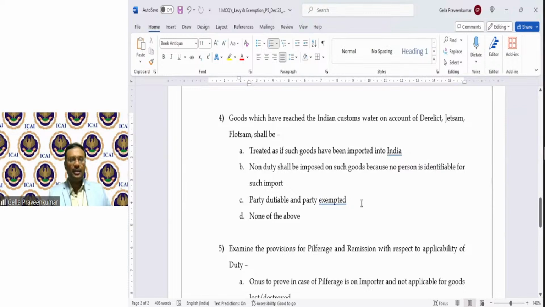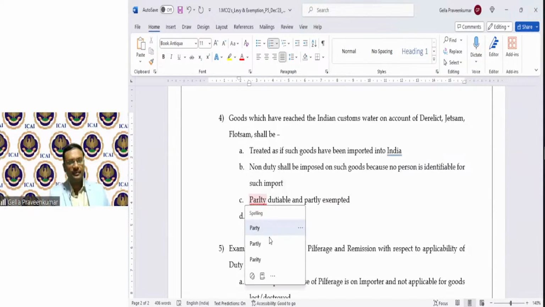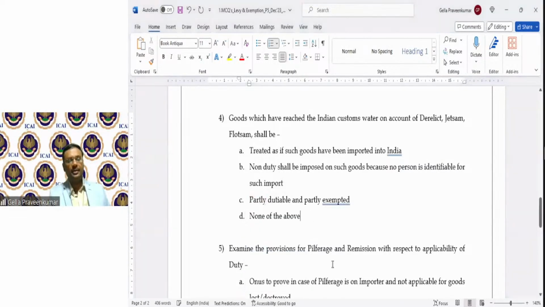Partly dutiable and partly exempted. None of them. So out of these 4 choices, what would be your answer? In case of derelict, jetsam, flotsam. Good.